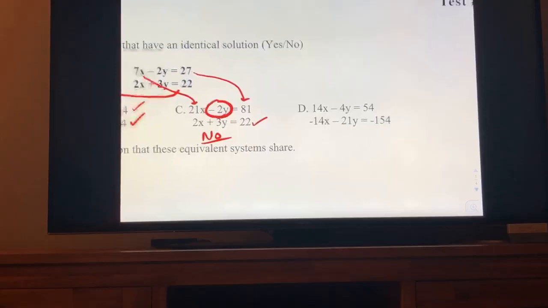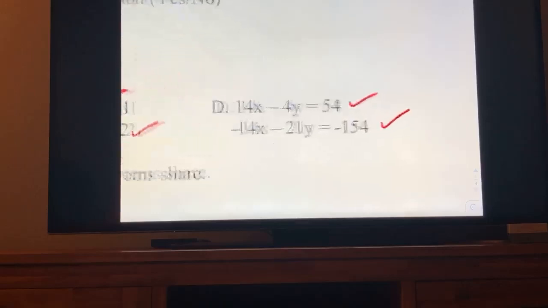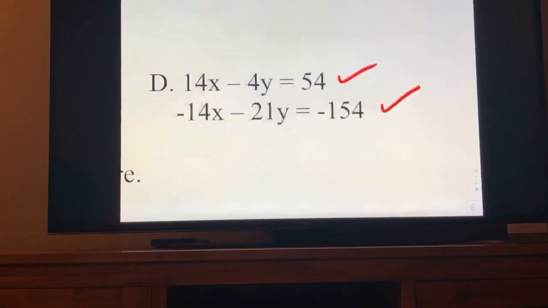And D also works. D is something you guys would probably do if you were actually solving this. What's nice about D? It's been multiplied by 2 all the way across. It's been multiplied by -7. And why am I saying you guys would probably do this? It looks like something you would do when you're doing elimination. So if you were actually solving this,